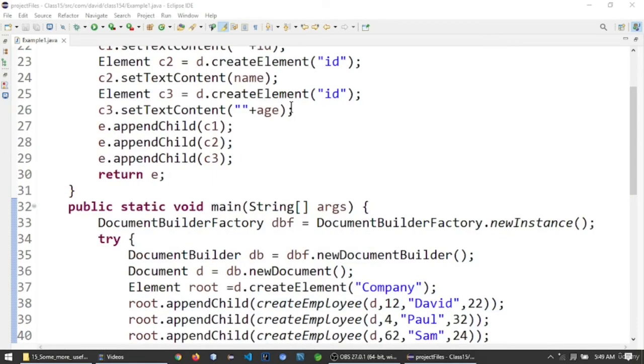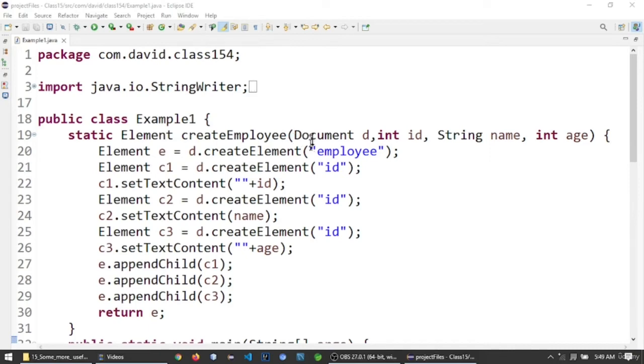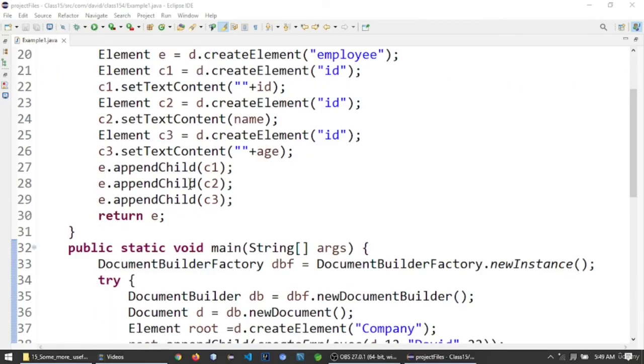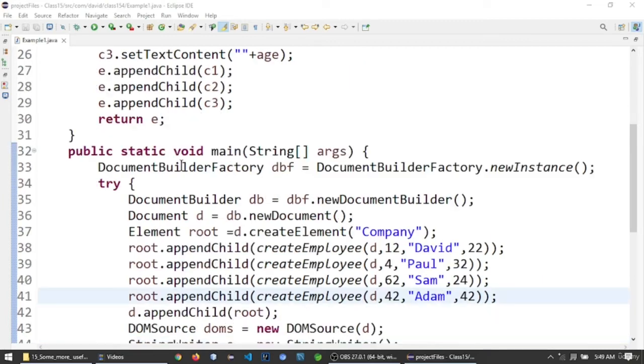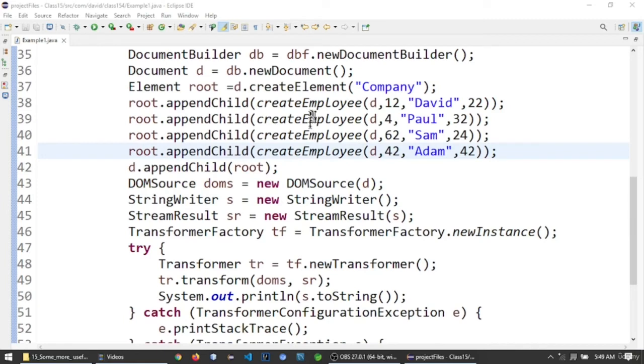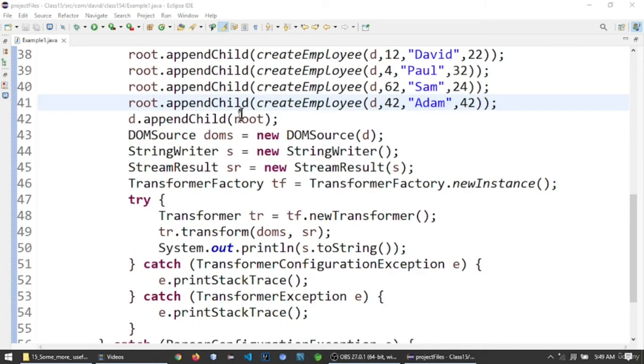This is the method I used above. In this method it will create an employee object, and for each employee object it will create a particular XML structure. Let us see how I am doing it. Here you can see I am creating an element for each tag, and after that I am appending all the elements back to the structure. Finally the structure will be completed after every method call. You can see it is calling the method one by one for each employee's data, and it will build the structure. So our tree structure will be completed like that.